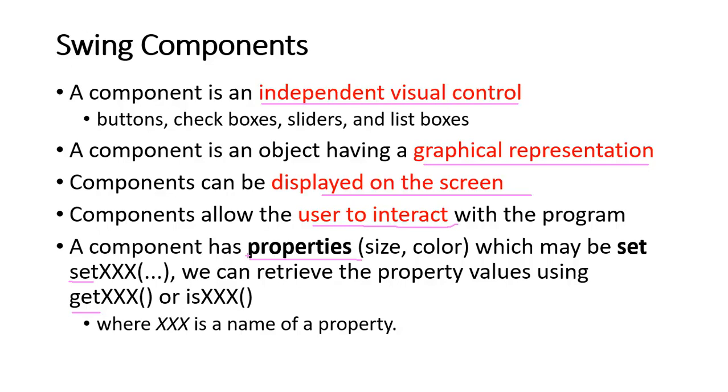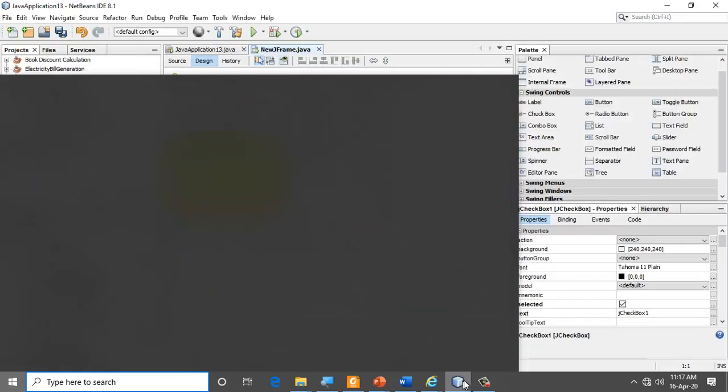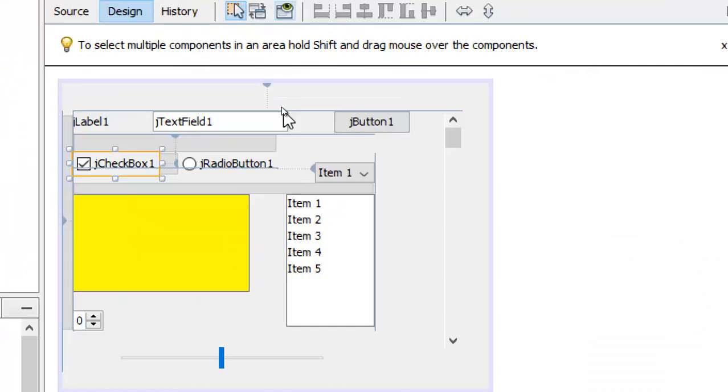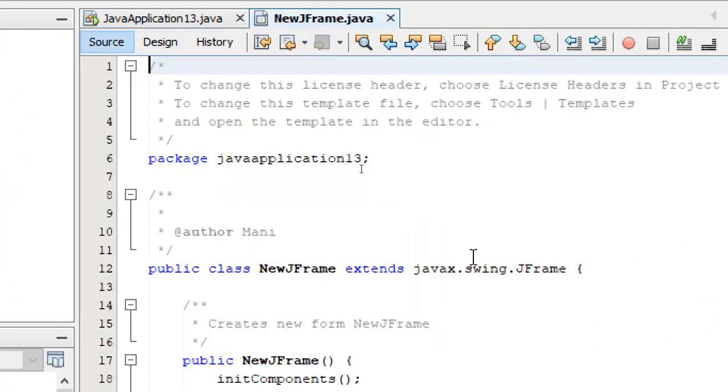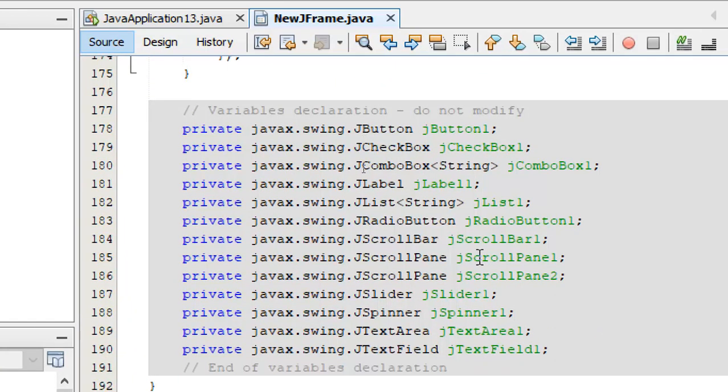Now just to show that in NetBeans, how do I do that? You know Java very well, you have to code. So I'm going to go to the source code of whatever I have done. NetBeans has added many components. If you go in the code, you will notice that when I dragged a button, NetBeans actually added a component which is coming under javax.swing, JButton. So I have added an object of this class. Similarly checkbox, similarly combo box, and so on.